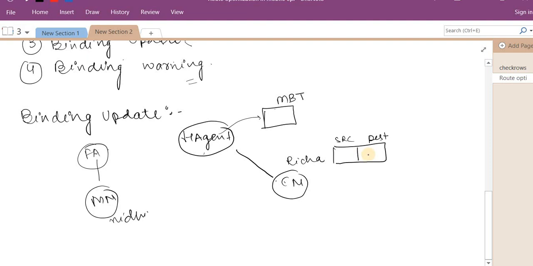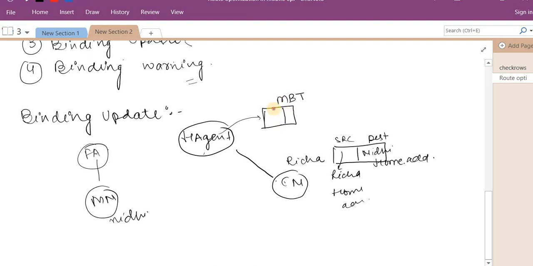The destination ID is nothing but Nidhi's permanent IP address, that is the home address, and here it's Richa's home address. From this destination home IP address, the home agent will be sure that this entity is registered from my home network, and this is its permanent IP address.